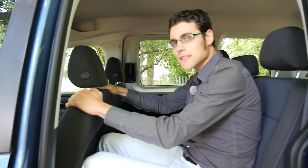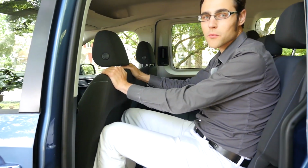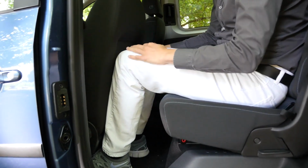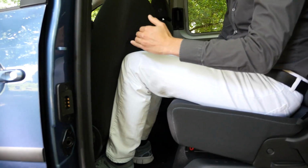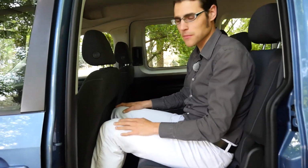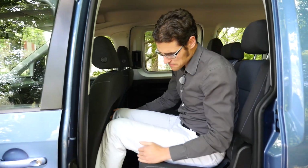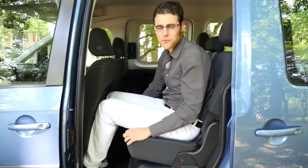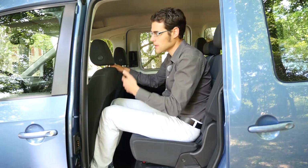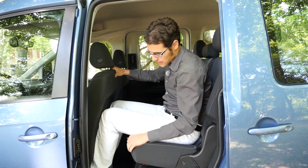I got the seat as I would be driving now with 1.86 meters. You see my knees are fitting quite okay. I could move a little bit further to the front with the seat. Actually, that would still be working. But you see, it's rather something for children here, as long as the driver is okay with it. When the driver is a little bit smaller, then also adults will be very happy here with the knees in